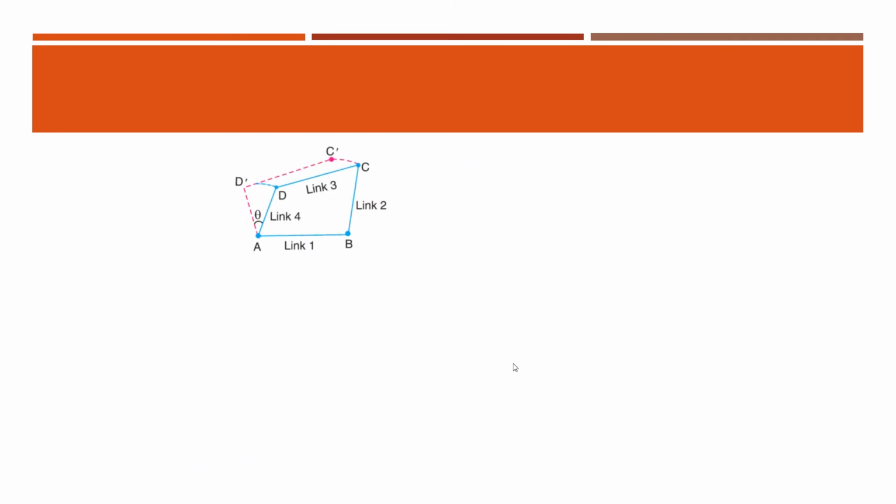How many links are there, how many joins are there, how many pairs are there, you just identify. L is equal to 4, P is equal to 4 and J is equal to 4. Link 1, link 2, link 3, link 4. So, number of links 4, number of joins A, B, C and D 4 joins and number of pairs 1 and 2, 2 and 3, 3 and 4, 4 and 1. So, L is equal to P is equal to J is equal to 4.